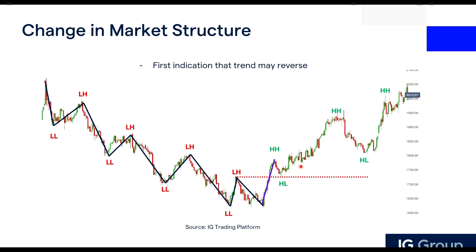You notice that when this change happens, in this example, the previous resistance is actually forming like a support level. So the previous lower high, when prices broke above it, went back down a bit. It tested the previous lower high. So this can actually be a potential entry zone, because right now it has changed from downtrend to uptrend.